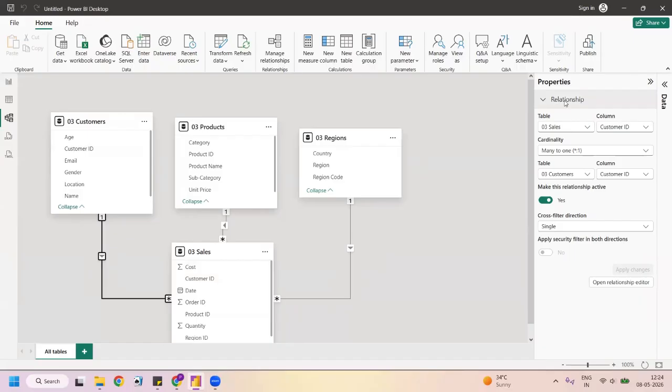We show the relationship between two tables. Table one is the sales table, the second table is the customers table. And they are linked using these columns here: the customer ID from the sales table and the customer ID from the customers table, right? There are multiple ways of looking at the relationship. Either through this properties pane, or we can also double click on this line,